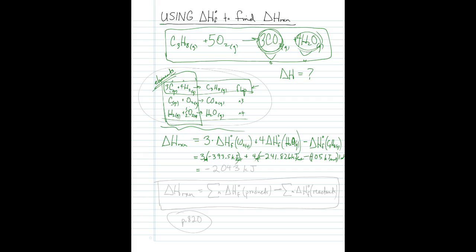So if we do this, we get negative 2043 kilojoules. We have to cut that off at the kilojoule. We can't have any decimals because of our propane guy, our negative 104 kilojoules. There's no decimals there, and when we add things, we have to cut off at the decimal place. So negative 2043 kilojoules. So that's a fair bit of energy, which is exactly what you think when you burn